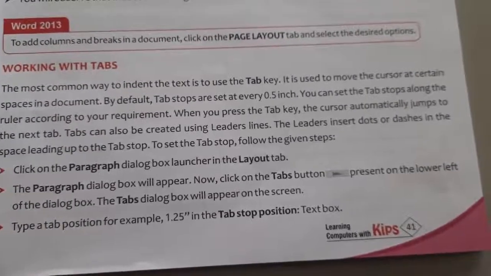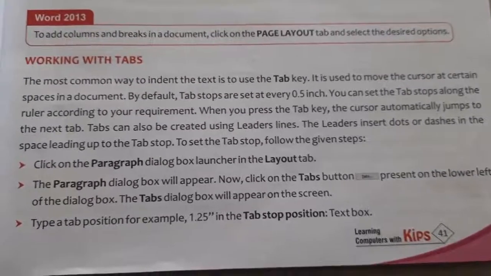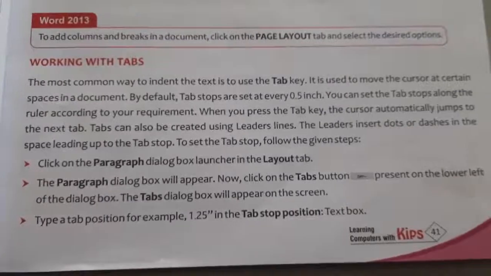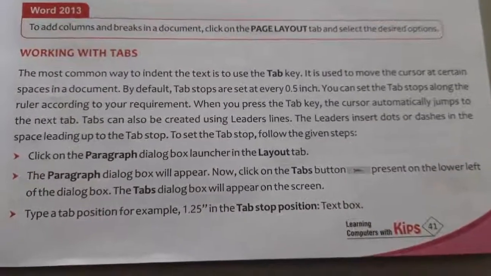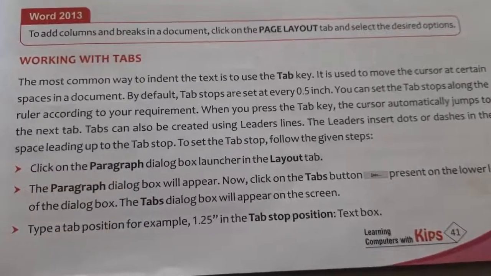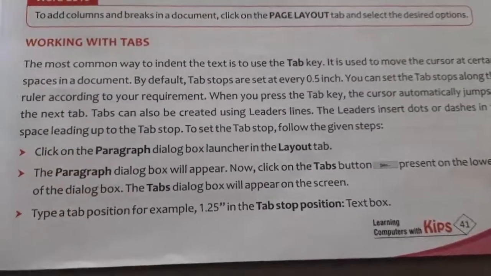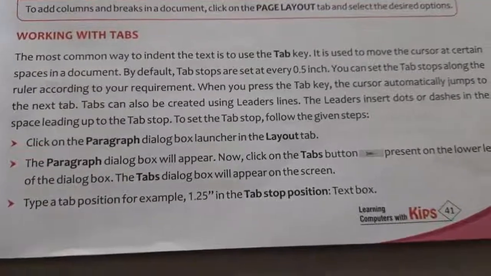So today we are going to start a new topic, that is working with tabs. The most common way to indent the text is to use the tab key. It is used to move the cursor to a certain space in a document. It is by default set to 0.5 inch, but you can set the tab stop along the ruler according to your requirement. So if you want to set the tab stop,